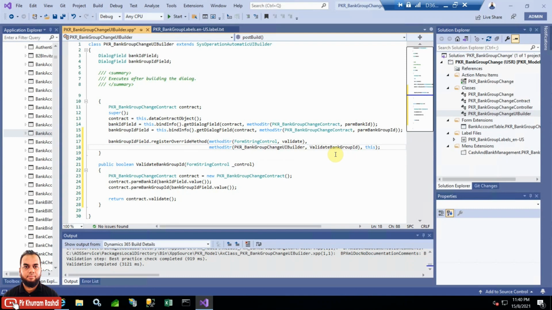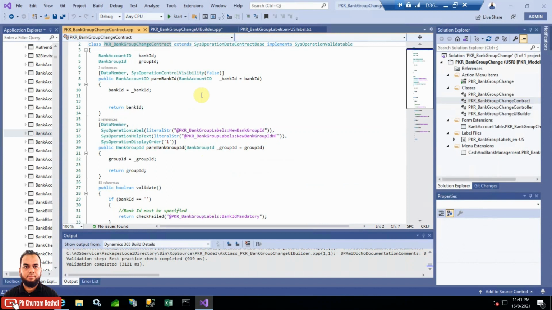So we need to build a mechanism to tell the UI builder whether to hide or not hide the field which is bank ID. So that mechanism needs to be also developed here. So we have attached the UI builder to the data contract. So we will add a hidden field to our data contract. That's why we will switch to the contract class,